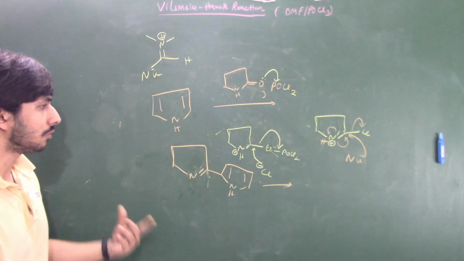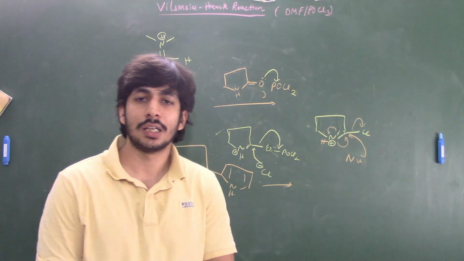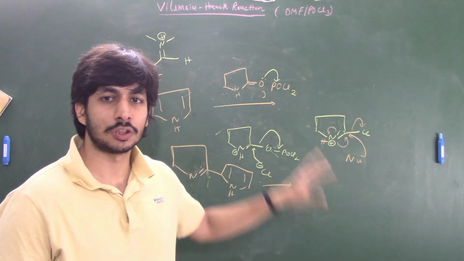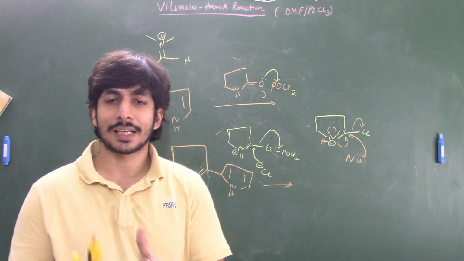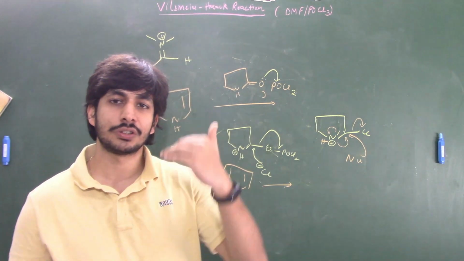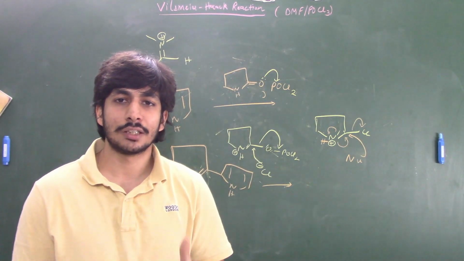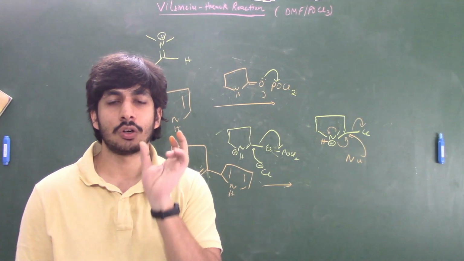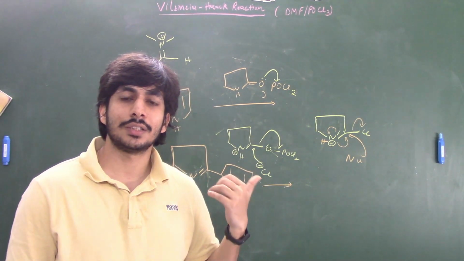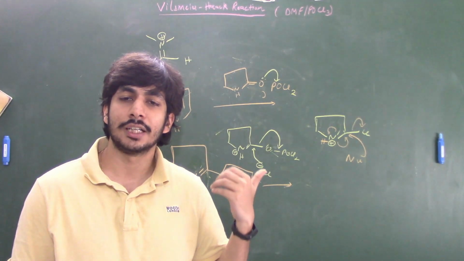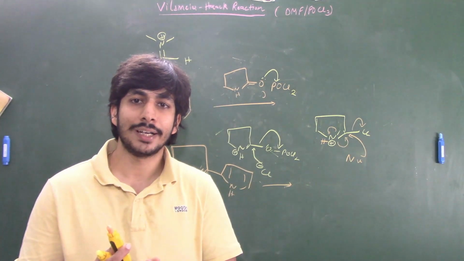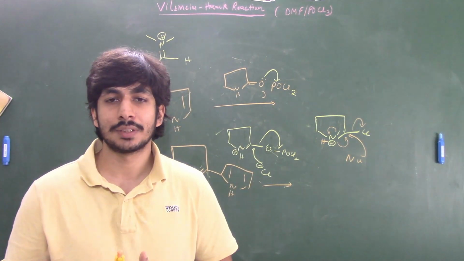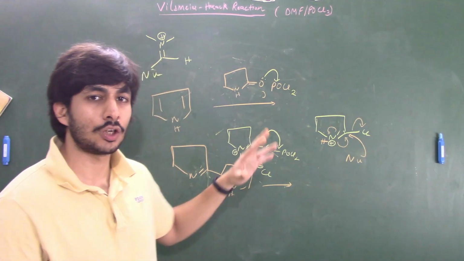Okay. Now there are certain other reactions as well, which are shown by the Vilsmeier-Haack reaction, like cyclization reactions. They are very, very important. Again, the mechanism of those reactions is very similar. First a CHO is formed, and as I told you, the CHO bond or aldehyde is very reactive. So if there is a possibility for intramolecular cyclization taking place, then that would happen, and we'll get a cyclic product, right? So we will also discuss those examples, but in the next video. So this was a basic overview of the mechanism.